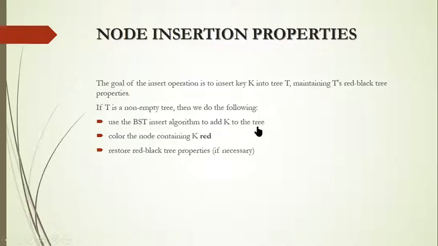So we know how to insert an element in the binary search tree. We start from the root node. We start comparing whether the element which you are going to insert is lesser than root or greater than root. If it is lesser than root, go to the left. If it is greater than root, go to the right side. That's our first point.